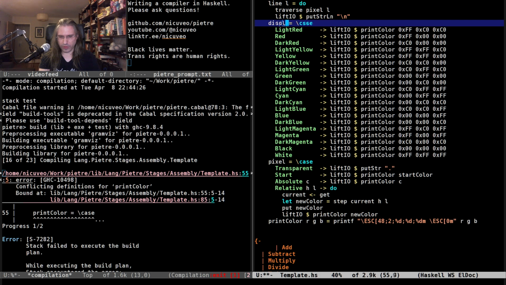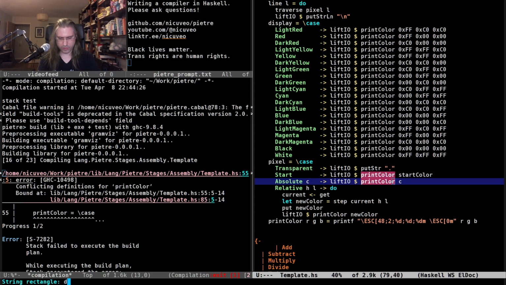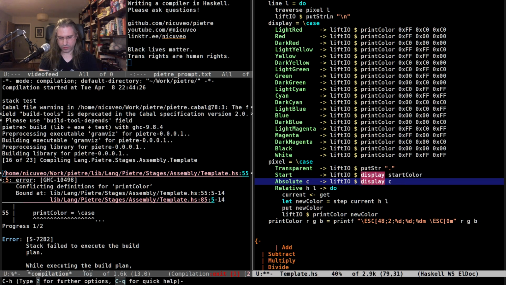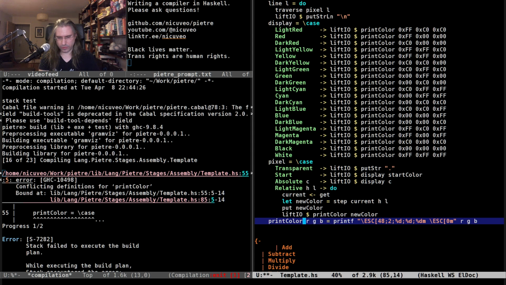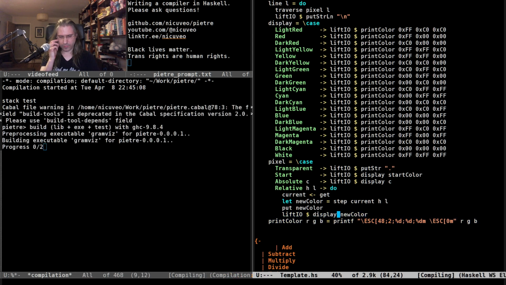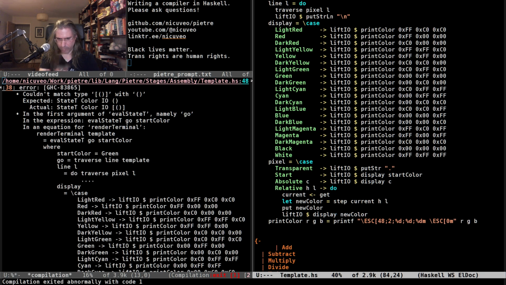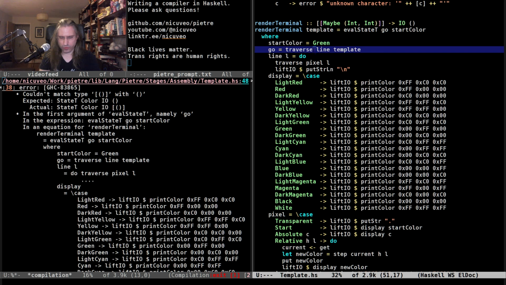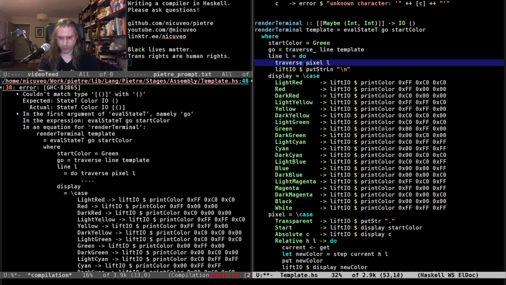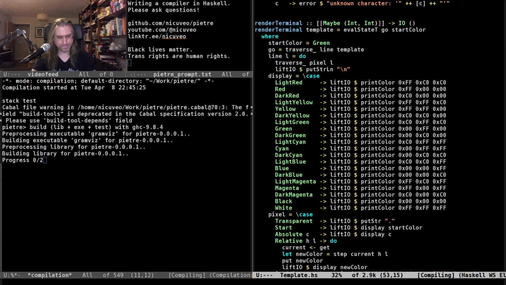This is going to be display. And this is going to be display. With this being print color. Wait. Yes. And finally, I have something here where I do a traverse, but it needs to be a traverse underscore because I am discarding the result.